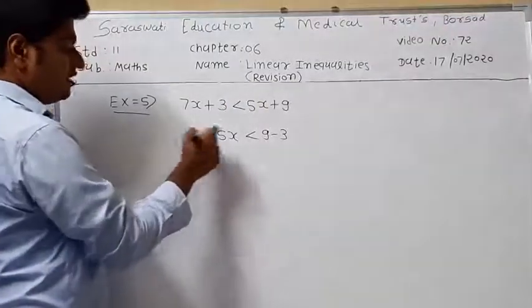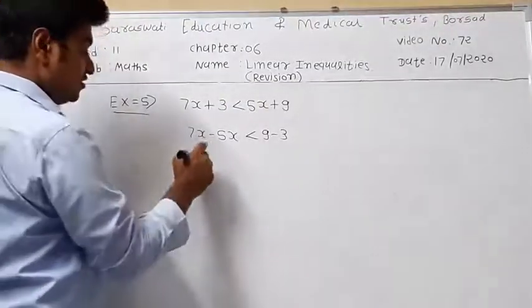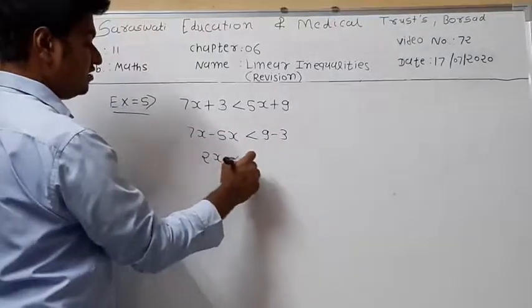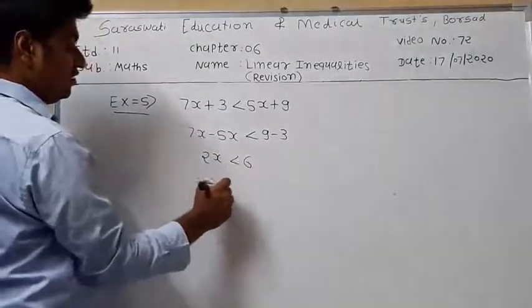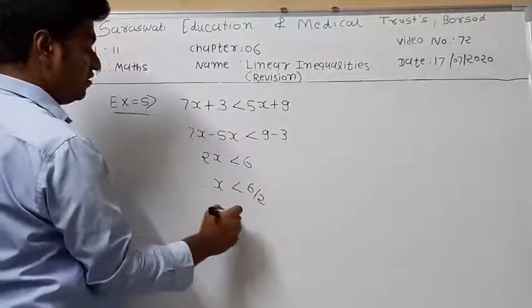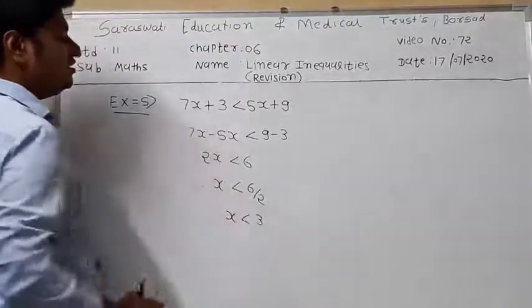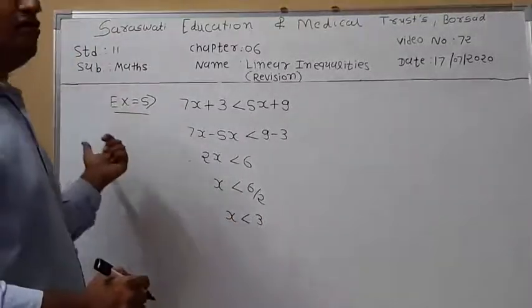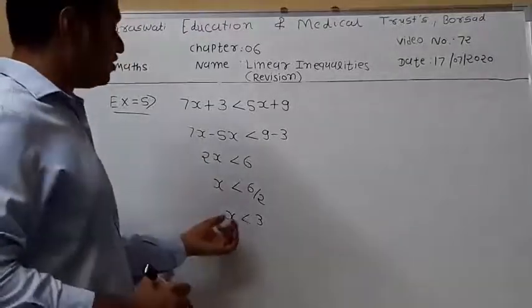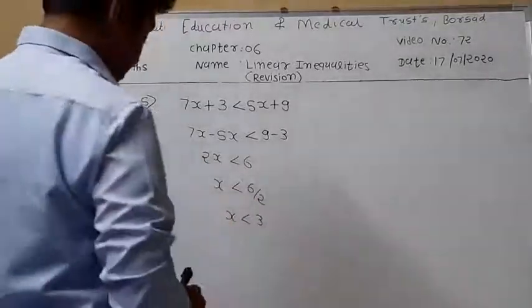Now 7x minus 5x, that means 2x, less than 9 minus 3, that means 6. Therefore x less than 6 divided by 2. Therefore x less than 3. Now the arrow is on the left side, but how do we represent this on the number line? So here